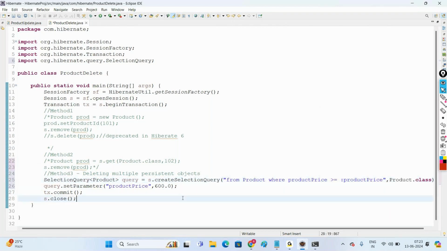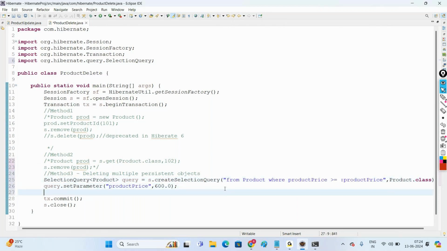Now how will the query become? See, product price is now 600. So the query becomes from Product where productPrice greater than or equal to 600. Now it's going to pull out the records based on this condition. Since this condition is not based on primary key, there is a chance of getting multiple records. So to manage multiple data, what do we use? List. List<Product>